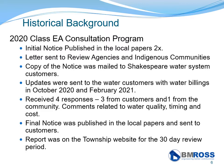A copy of the notice was mailed to the customers of the Shakespeare water system, and updates were sent to the water customers twice after the initial notice, once in October and again in February of 2021. By February 2021, we knew what we wanted to do going forward. As a result of that consultation, we received